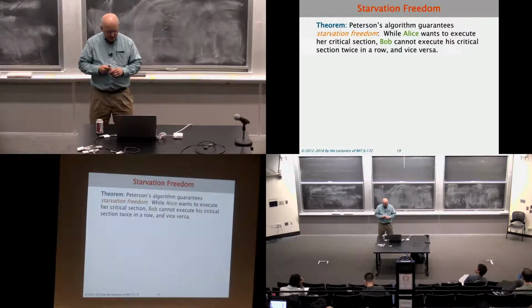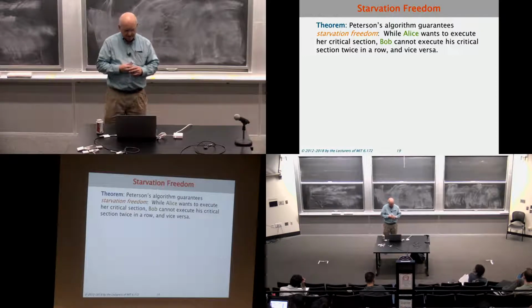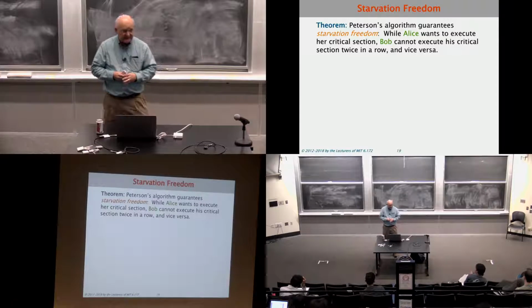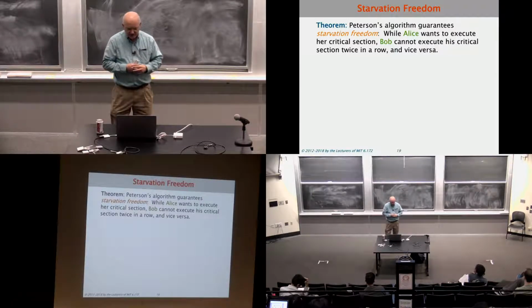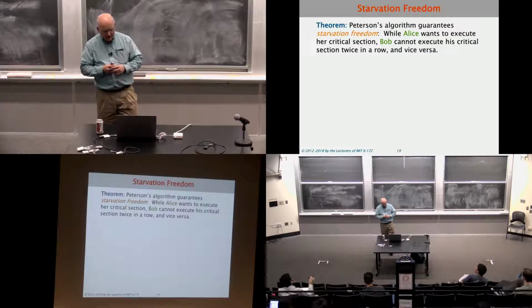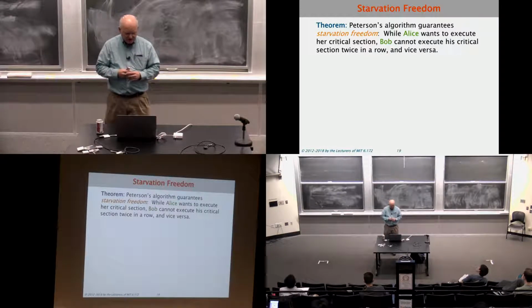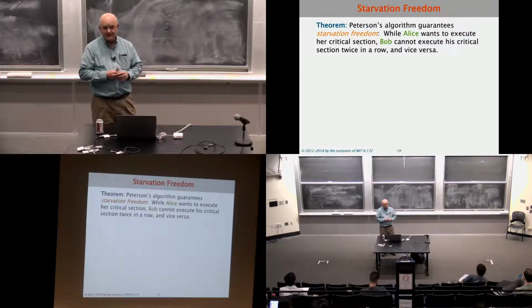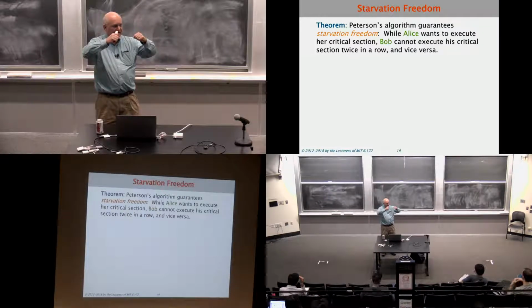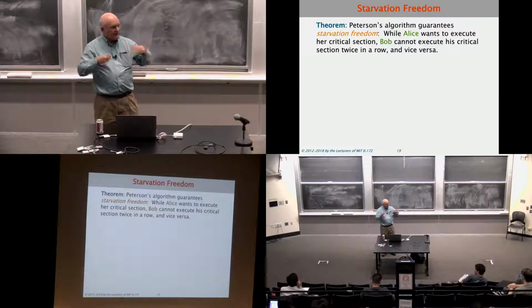Good. The other thing is, it turns out that Peterson's algorithm guarantees starvation freedom. So while Bob wants to execute her critical section, Bob cannot execute his critical section twice in a row, and vice versa. Okay? So it's got the property that you're not going to have